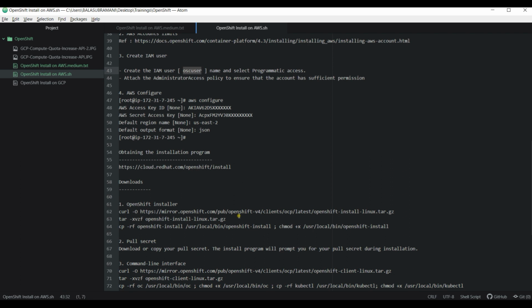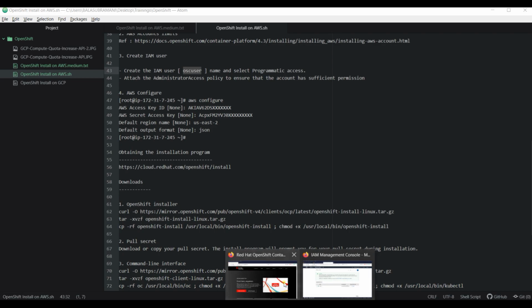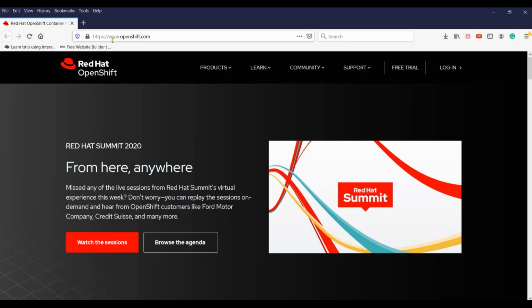For that, we have to obtain the OpenShift binaries from the OpenShift installer program. For that, we have to log in on the Red Hat website. Just go to openshift.com and click login.